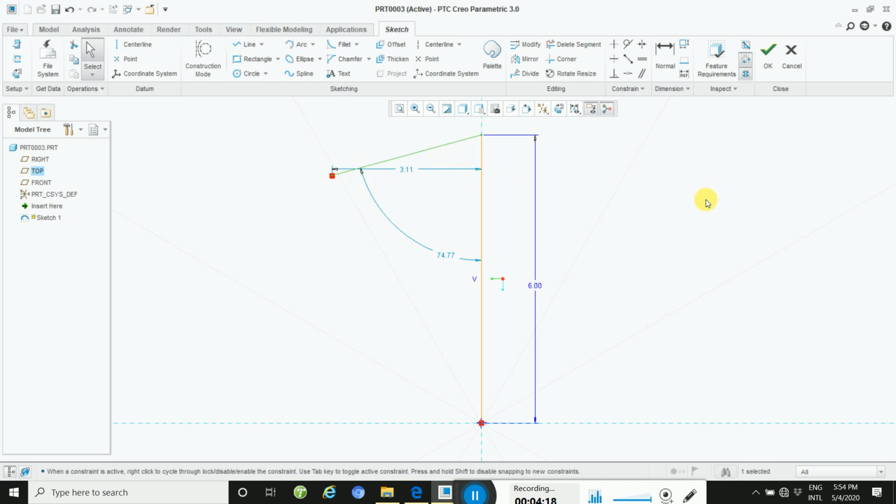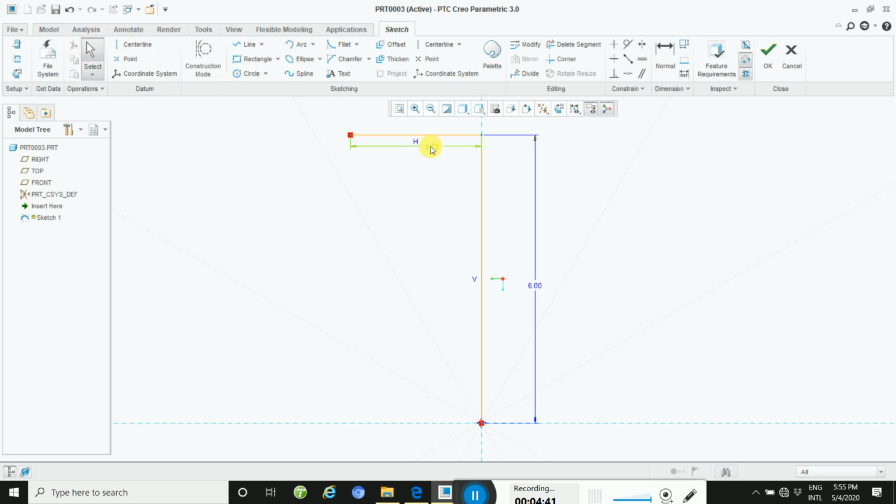So how can you solve this problem? Click here and then go to Horizontal. And how much is the dimension? Click here, mouse middle button 2 times.